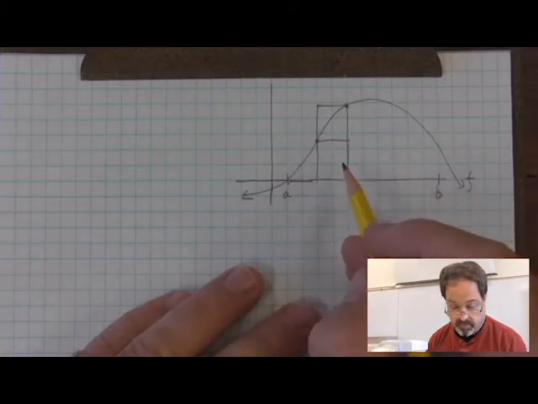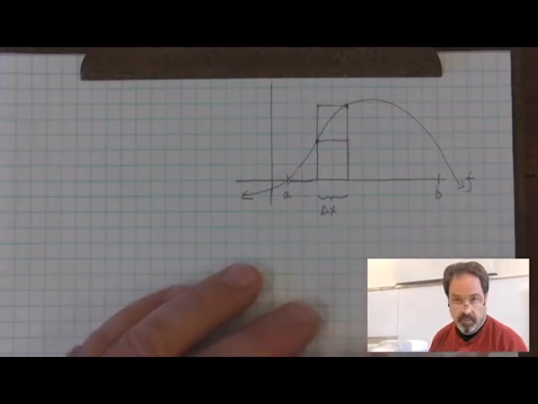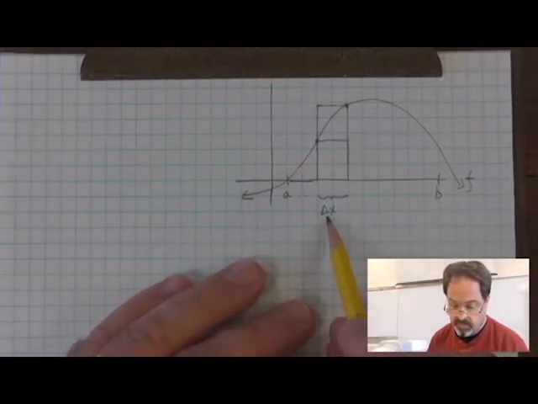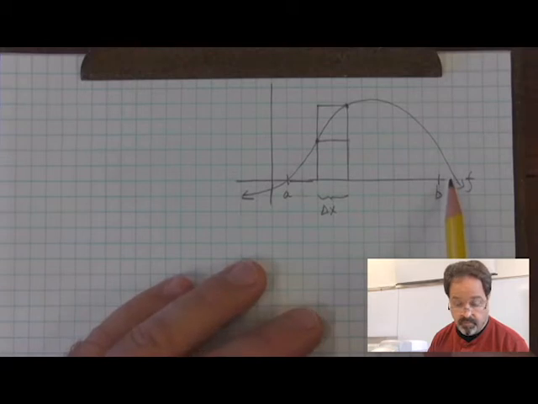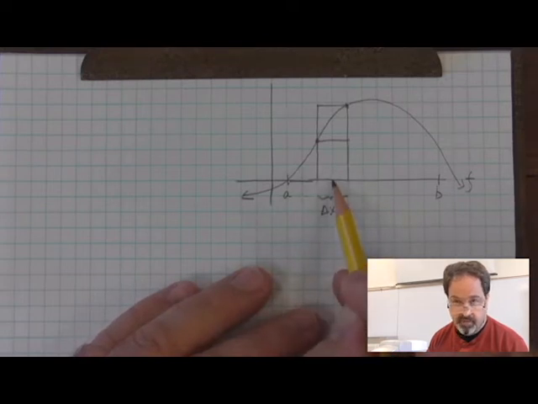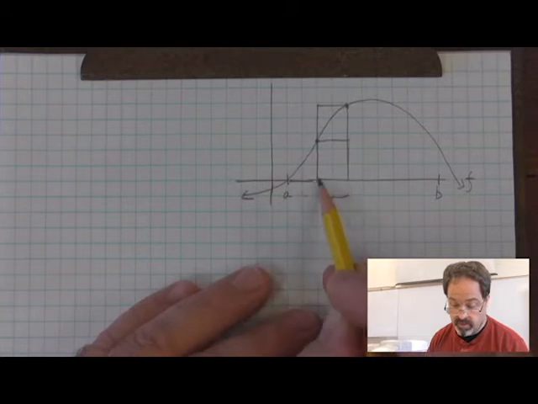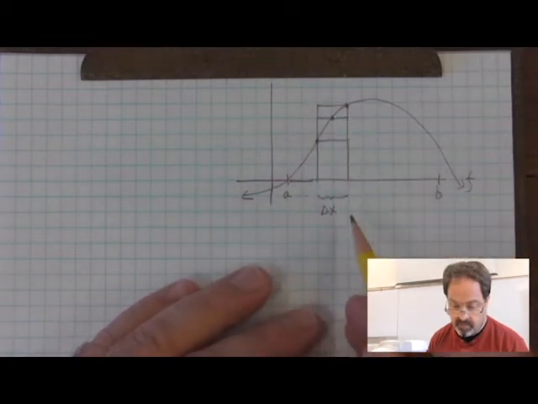So a midpoint rectangle, if this was the difference between these two locations, what we call the change in x, and if we're going to use a Riemann sum, then these delta x's have to be all the same for all of the rectangles or shapes that we use. A midpoint rectangle is then found by taking the domain location that is exactly in between the left and the right sides. And right in the middle, if we use that function value as the height of a rectangle,